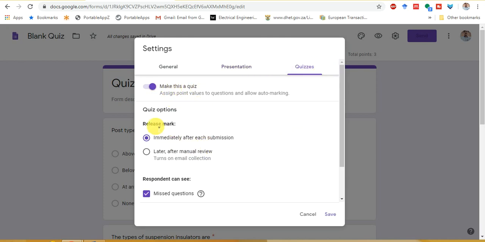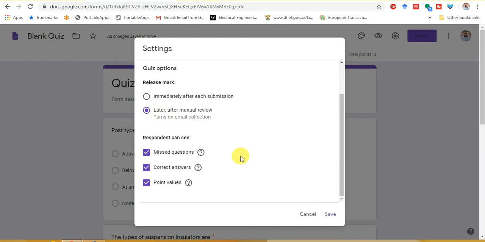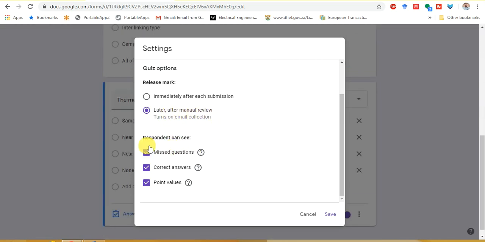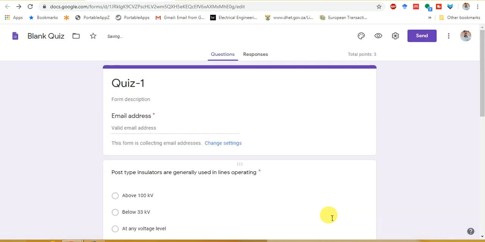Then make this a quiz, then release the marks. If you want to release marks immediately, then you can select this option, or you can select this one, so that you can release the marks later on after manual review. Then respondents can see missed questions. If you want to show the correct answer instantly, then you can select this or leave it, and then the point value.